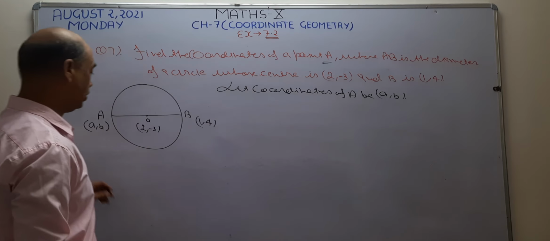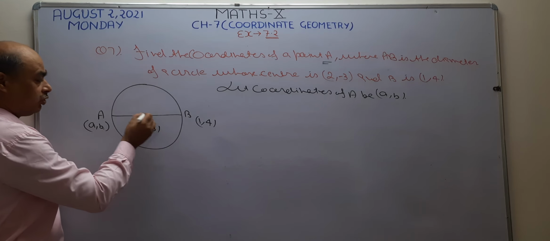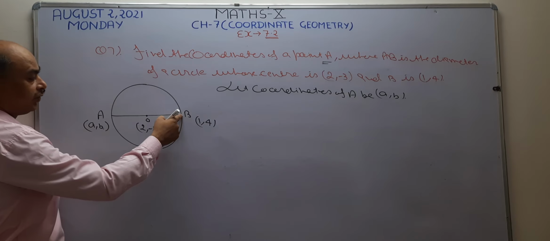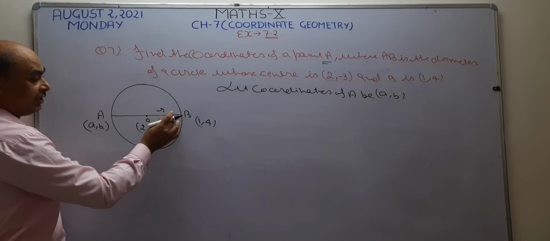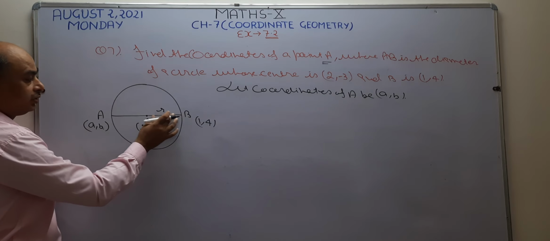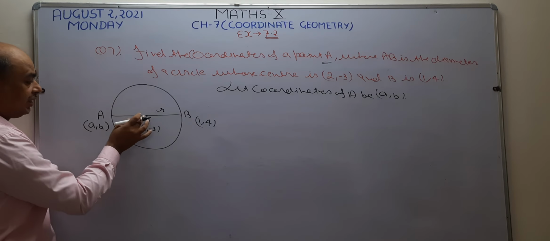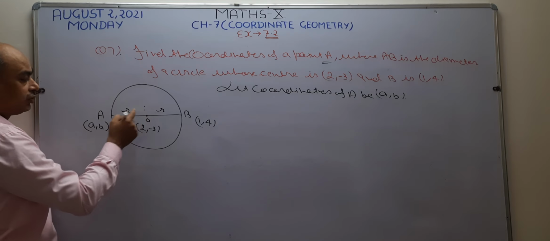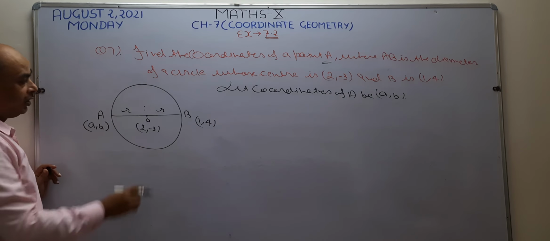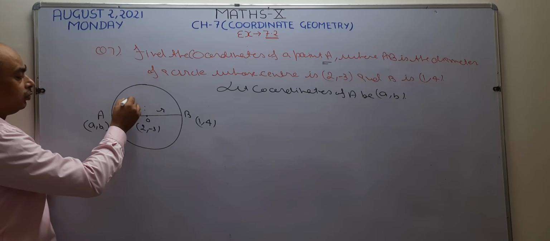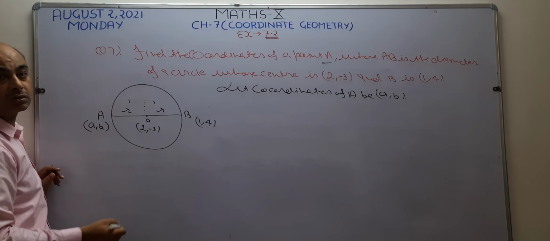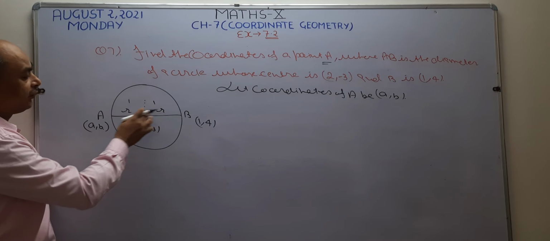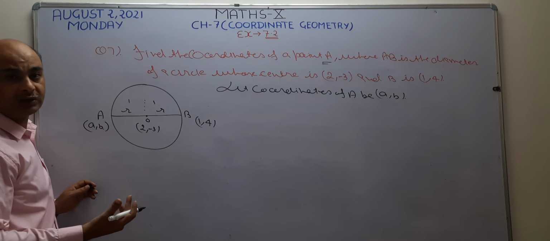Now see, this is your center and this is your circumference. So this line is known as the radius. The distance from the center to the circumference is known as the radius. Similarly, from the center to the circumference on the left, this is also the radius. Now see, the ratio becomes the same. When the ratio becomes the same, you know which formula to use: the midpoint formula. If the ratio is different, then we use the section formula. Simple rule.